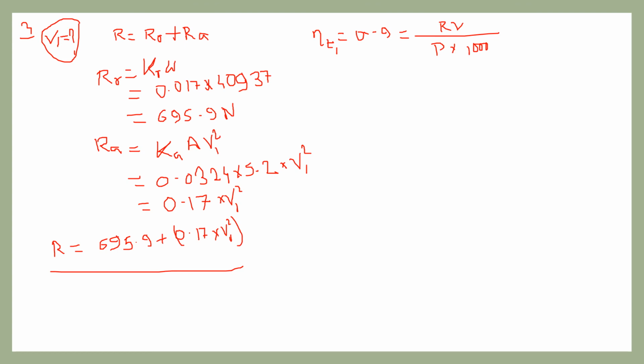From this equation, I now put in the values: 0.9 equals R, which is 695.9 plus 0.17 into V1 square,